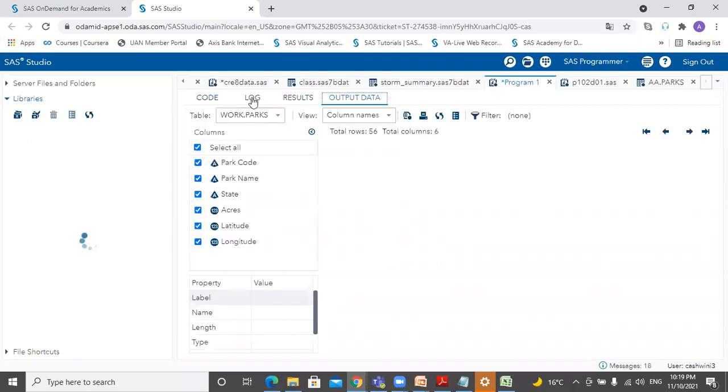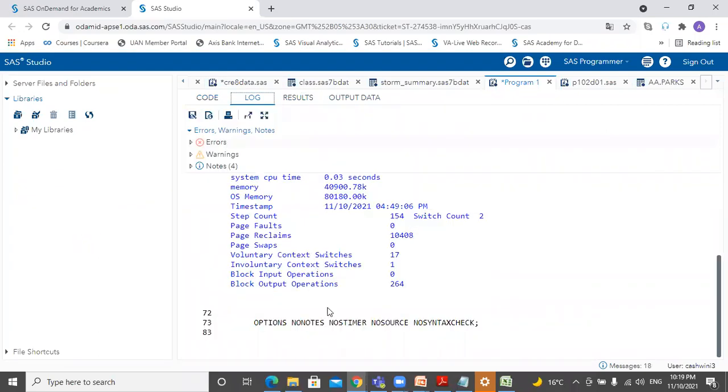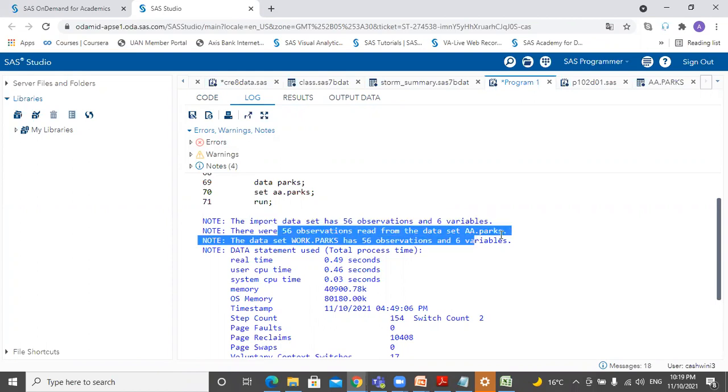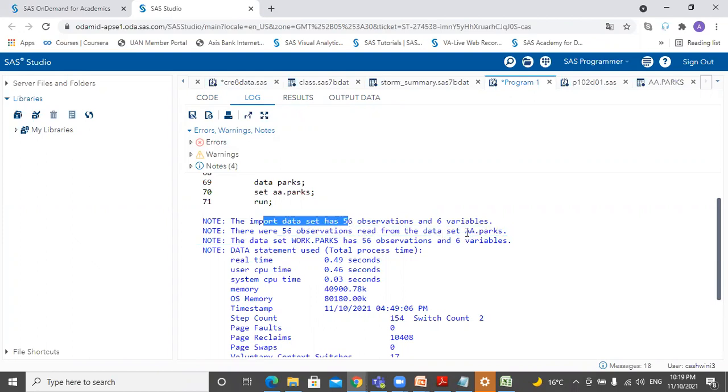So in case now, if I check my log, that's what the log is telling, a data set is created, work.parks. It's telling it is read from Excel, 56 observations and 6 variables. So it's telling this data was read with the library by importing from libname. The name of the library is AA because you have used it in the data set as an input source.